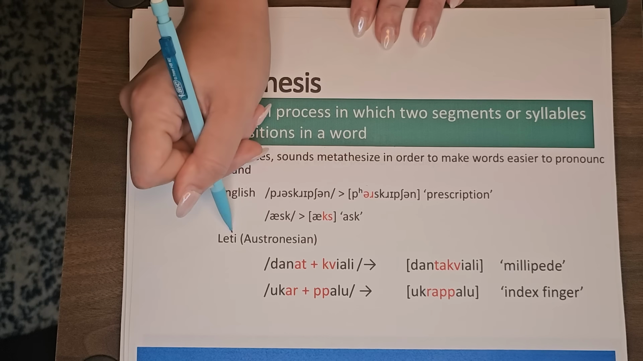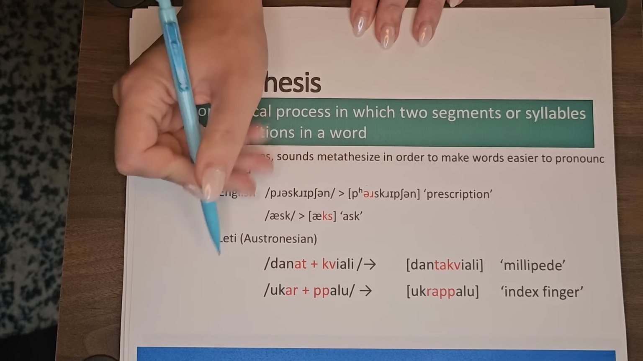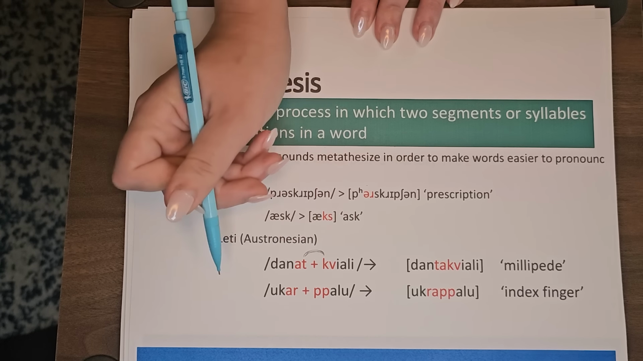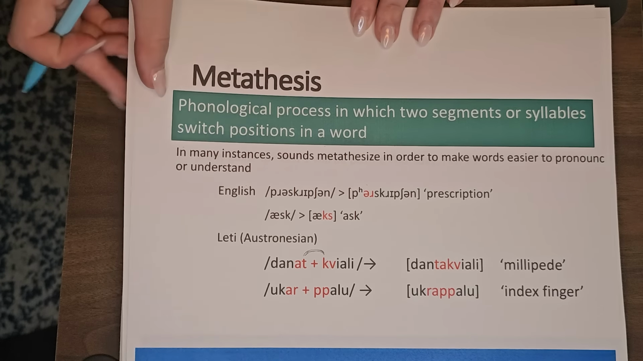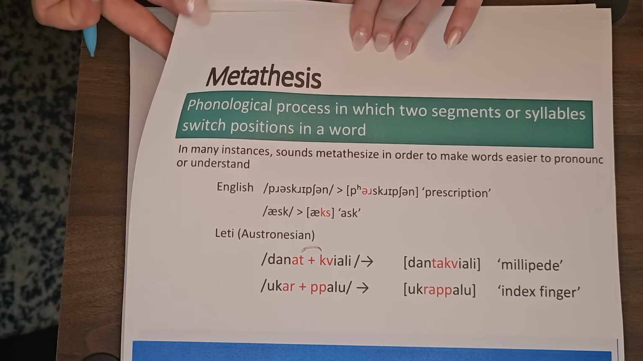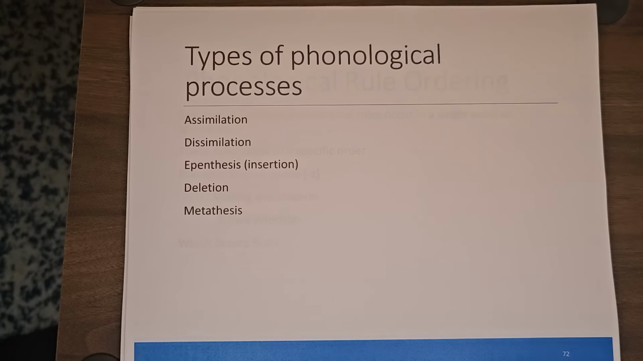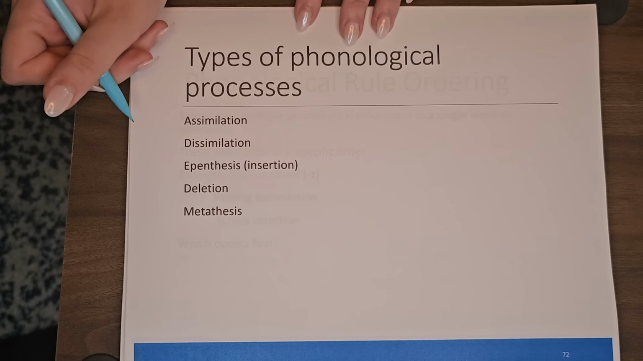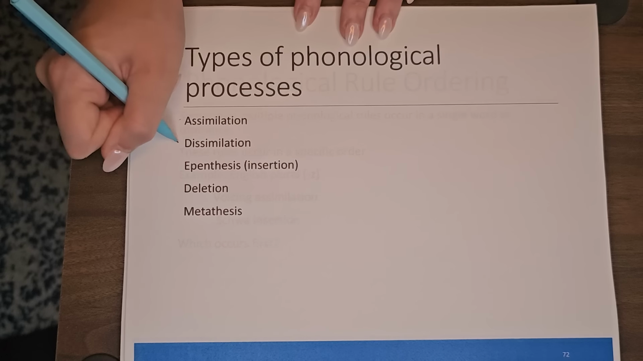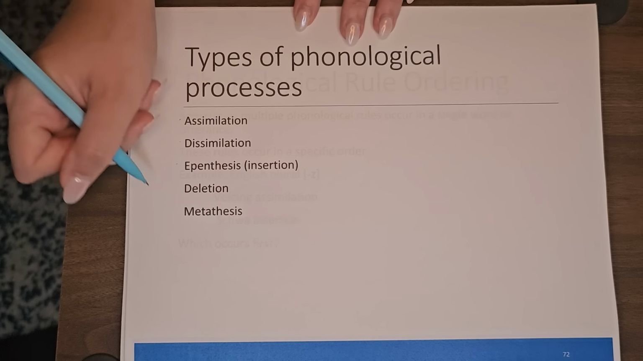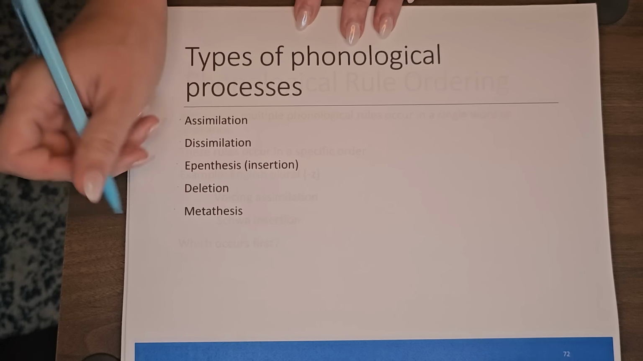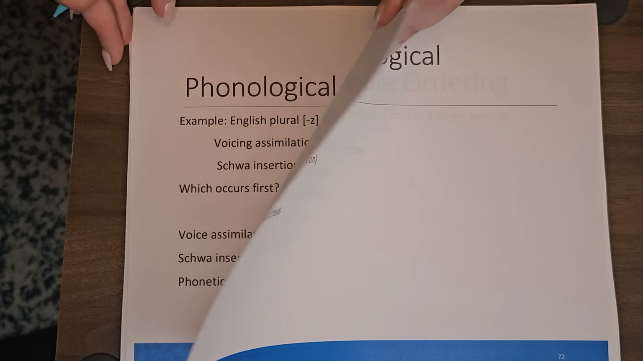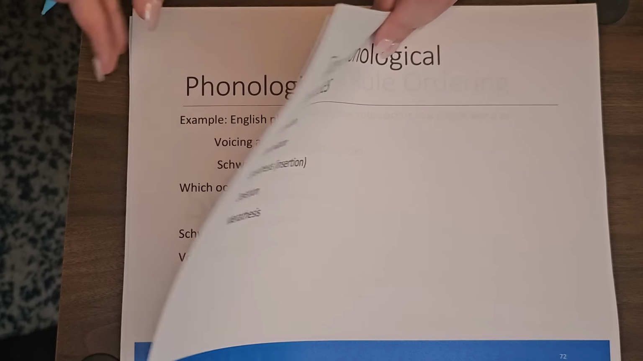And in Leti, an Austronesian language, you might see entire syllables switch places even across word boundaries. So our types of phonological processes are assimilation, dissimilation, epenthesis, deletion, and metathesis. We will skip phonological rule ordering for now